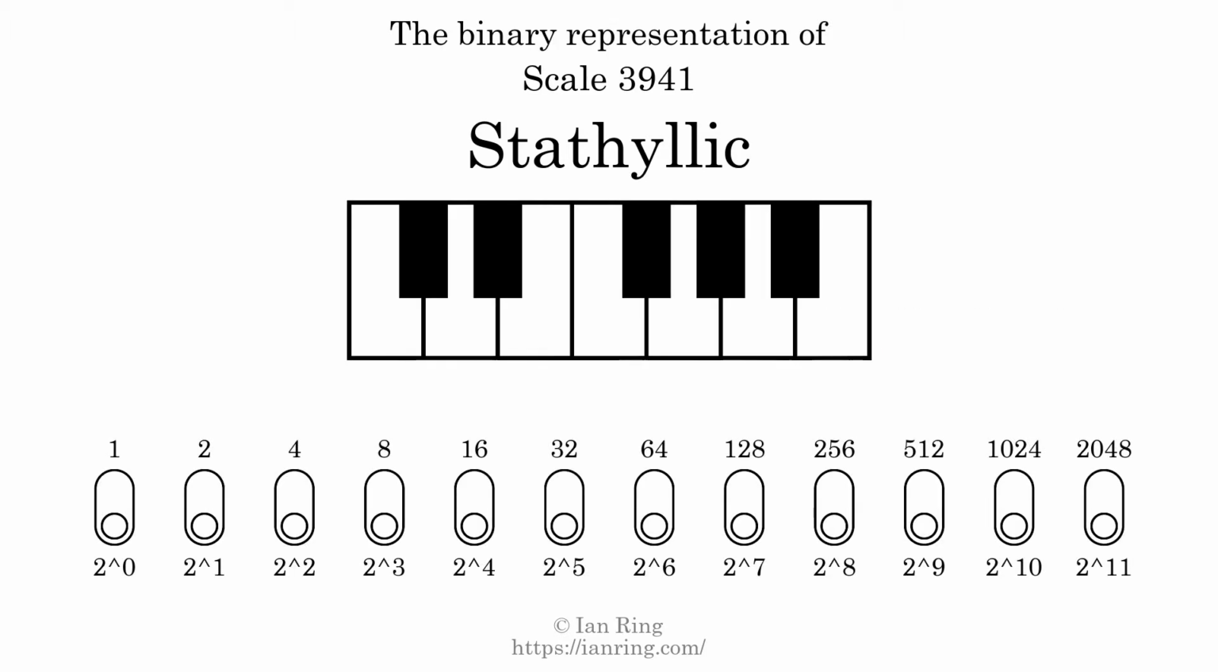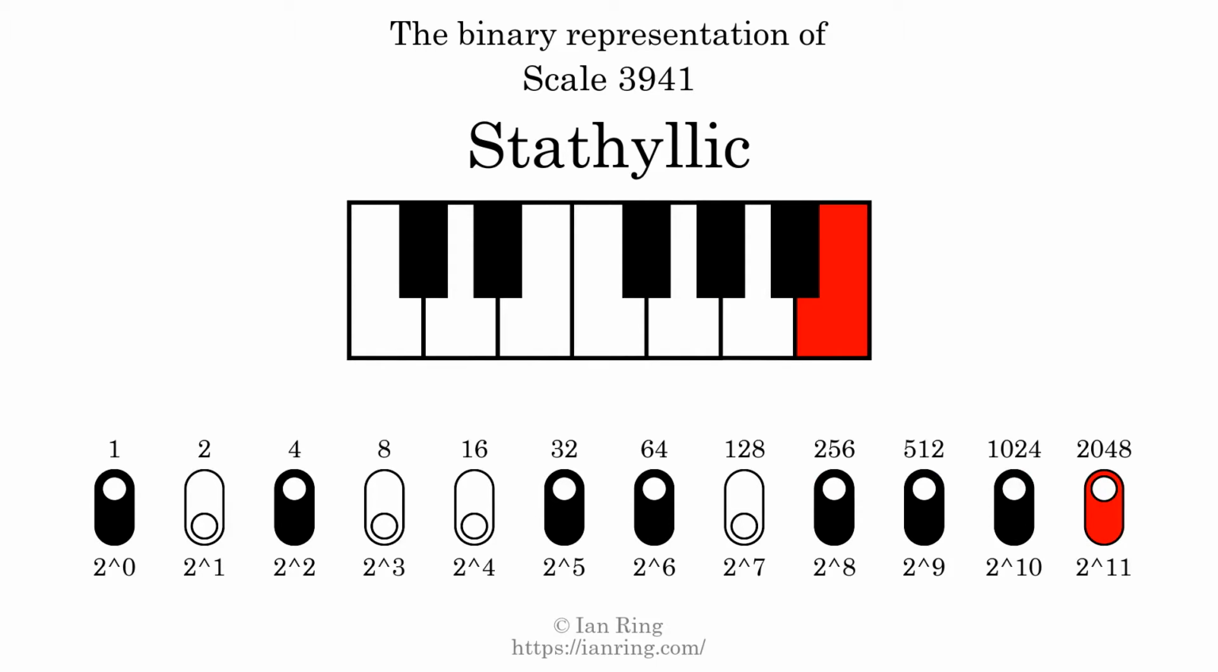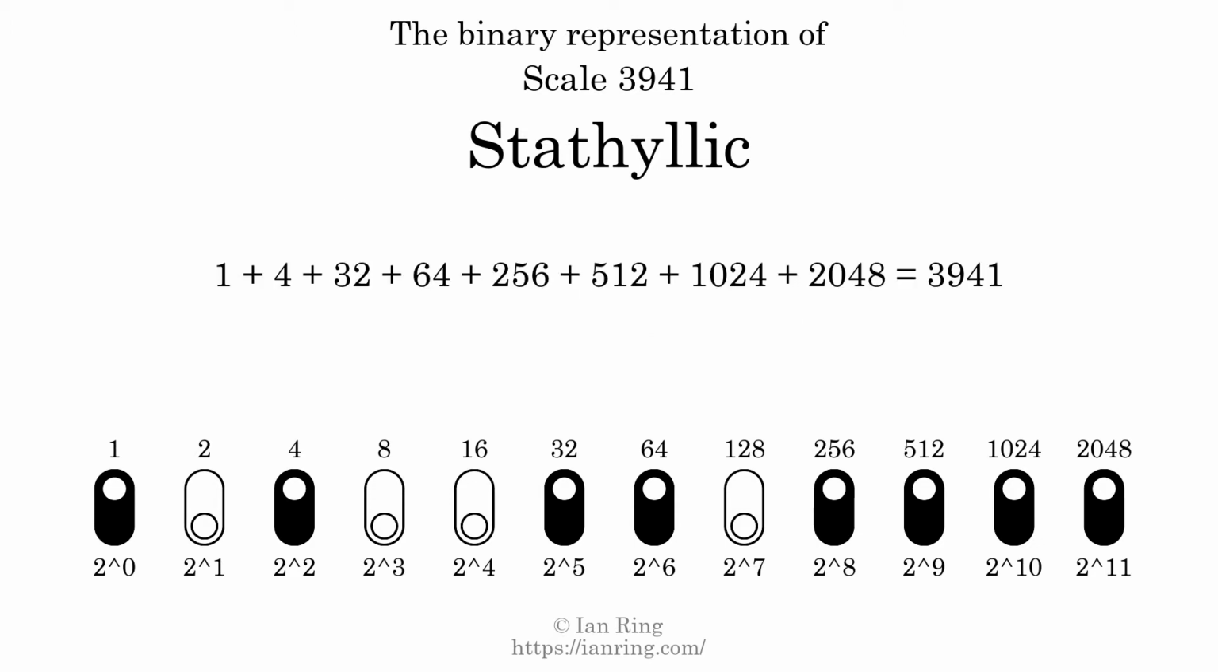The binary representation of this scale is determined by mapping tones of the scale to binary digits. Each binary digit represents a power of 2. To get the scale number, we add the powers of 2 together. The powers of 2 that are present in the scale, all added together, equals 3941. That is why the scale number, in decimal, is